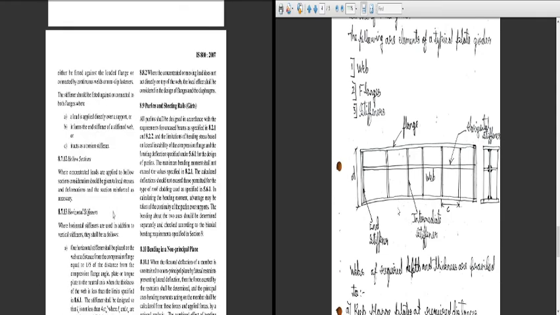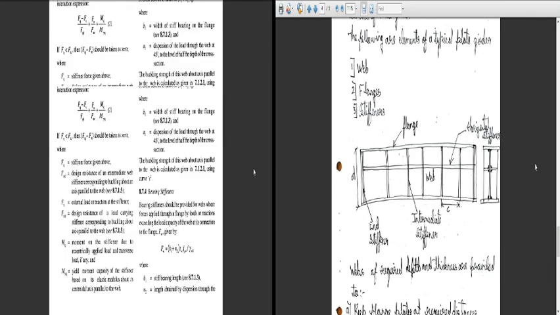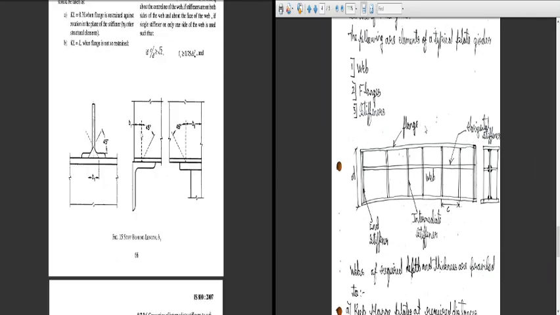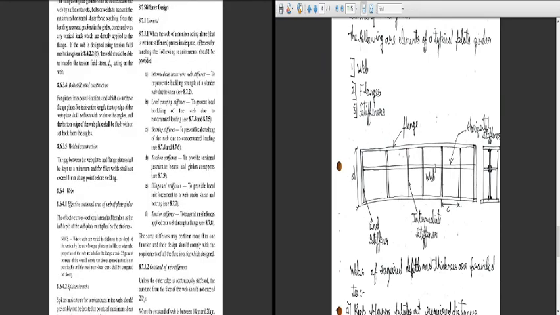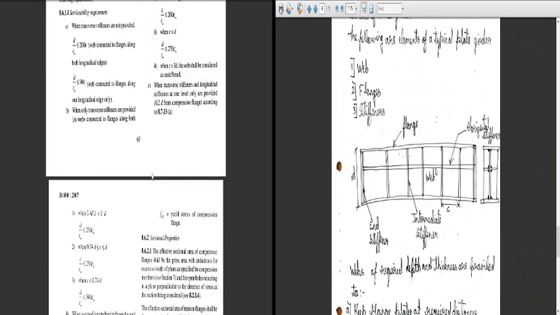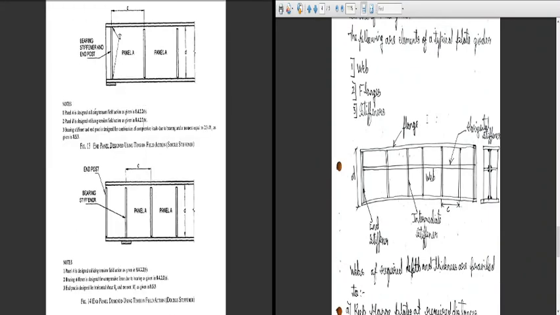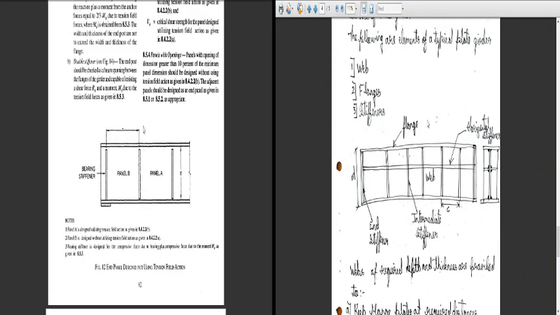They have also given the cross section. Let us show you how the plan comes. This is how the stiff bearing length is calculated at the end bearing stiffener for the plate girder. Generally, plate girders are used for heavy loads in industrial structures, to store something, or even with a mezzanine floor on top. So these are the design criteria. When we start the design, we will see one by one how it is to be designed.